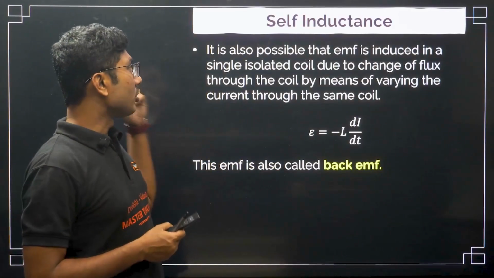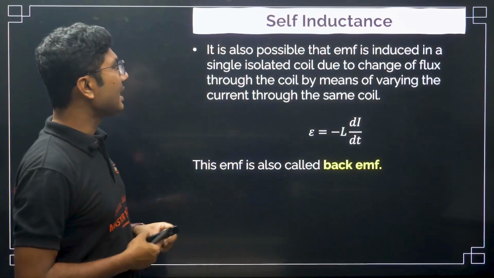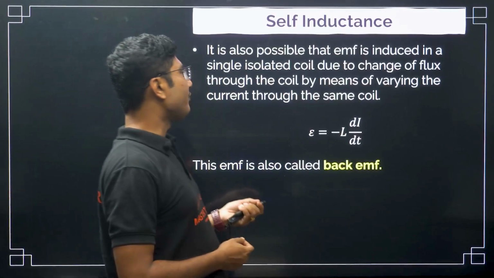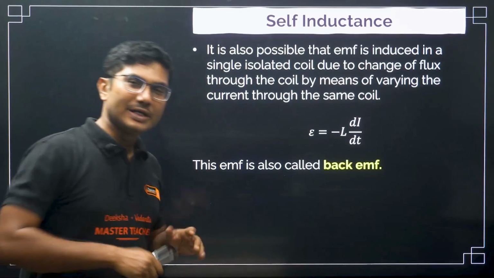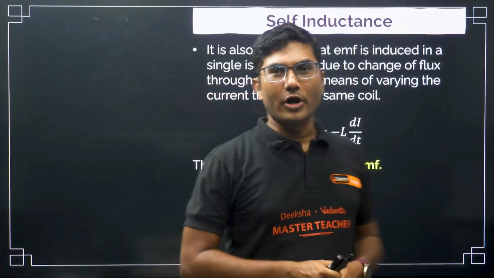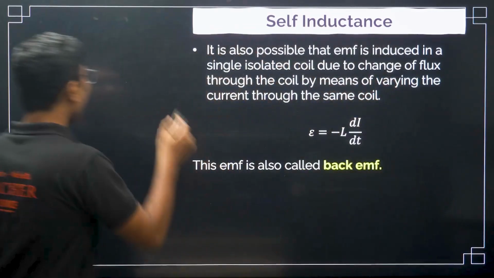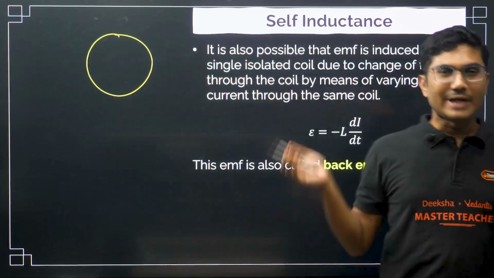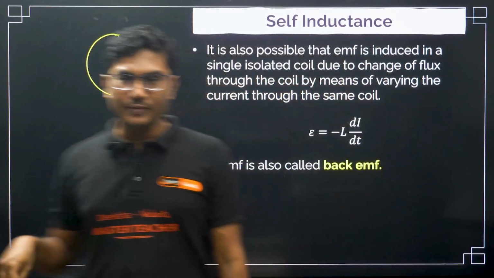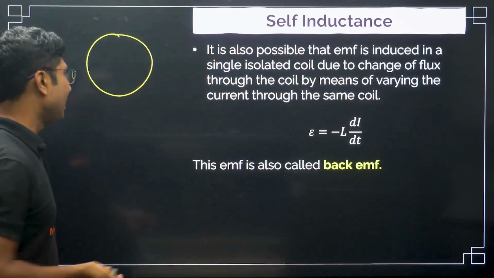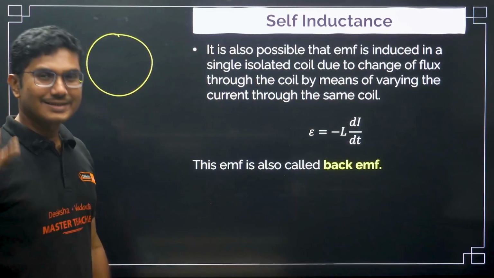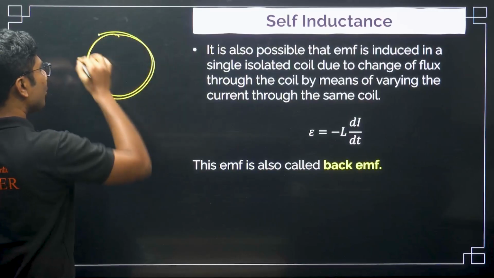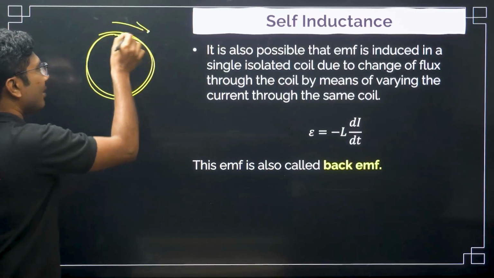It is also possible that EMF is induced in a single isolated coil due to a change of flux through the coil by means of varying the current through the same coil. Now we do not have two coils, we only have one coil. First we started with a magnet, then we removed the magnet and added another coil instead, and we did the same experiment. Now we even removed the other coil as well. We now have only one single coil